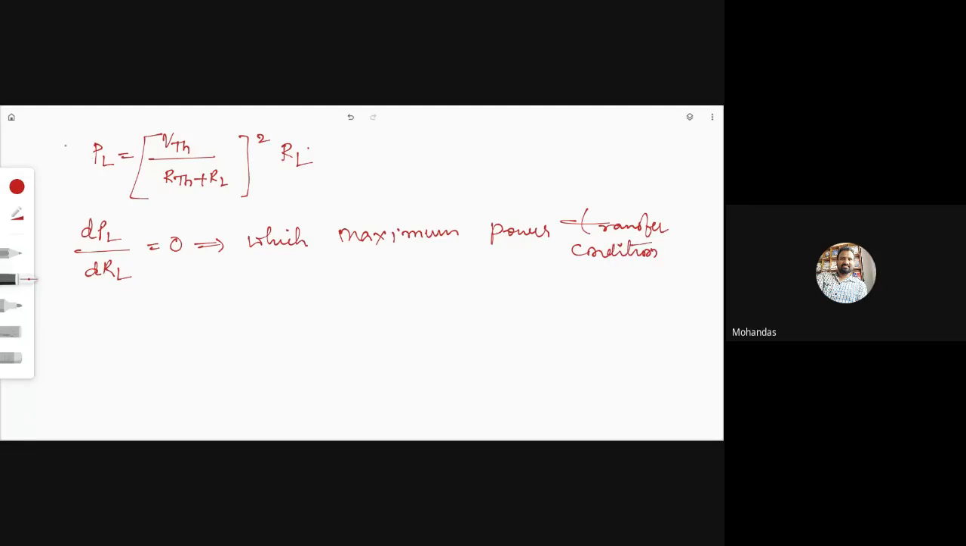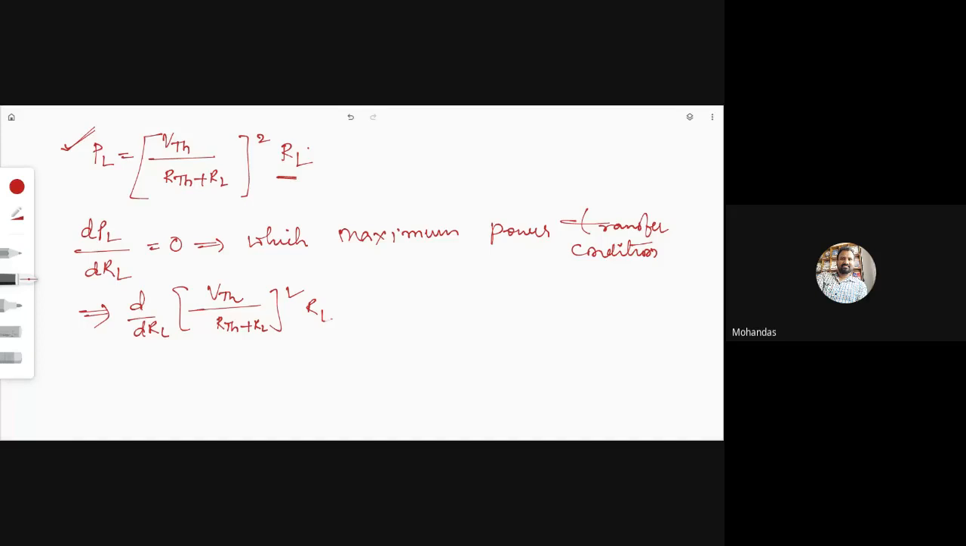You have to differentiate this equation with respect to RL. Why differentiate with respect to RL? Because this load resistance is variable from time to time. It is not constant. But the source resistance or Thevenin resistance and source voltage or Thevenin voltage are constant. So let me do this here: d by dRL of V Thevenin by R Thevenin plus RL whole square into RL,